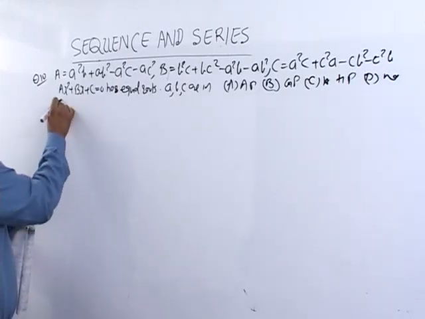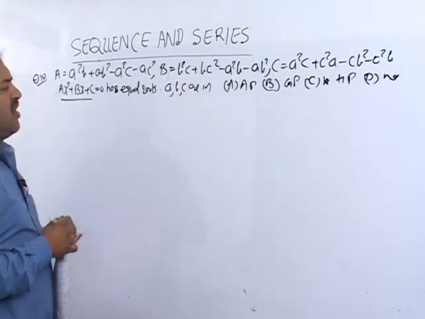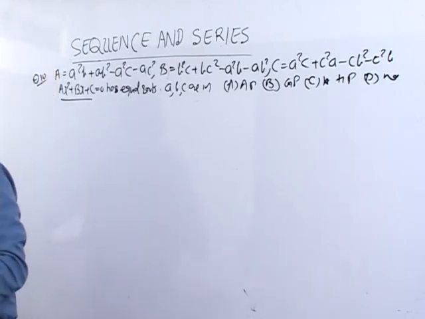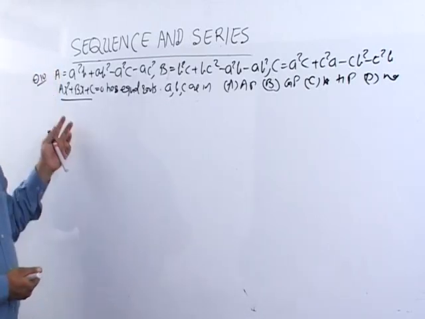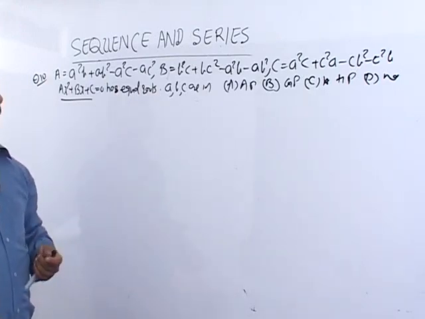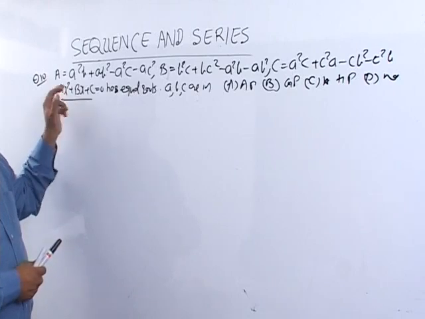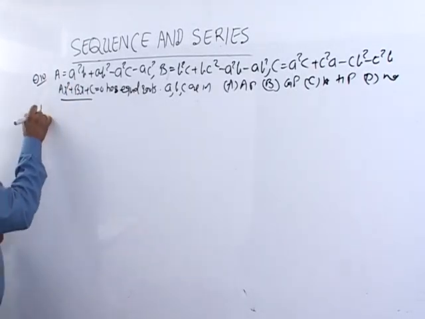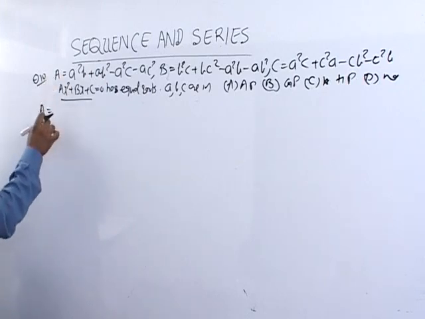The important thing, we have been given one quadratic equation whose roots are equal. In the quadratic equation topic we have done it: if roots are equal, then the discriminant will be equal to 0. But first of all A, B, C are given, so first of all we just see the things. We can rewrite A.